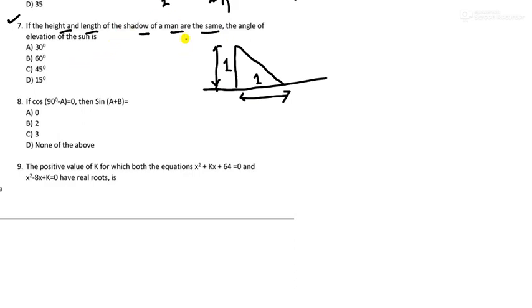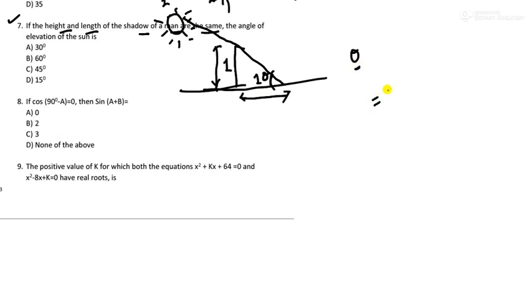So this angle you have to find, here theta. If the sun is somewhere over here, you have to find its angle, this angle theta. See why you have to take this? Because the sun is here. If you're looking at the sun, the angle formed by the horizontal and the sun is the angle of elevation. Therefore theta you have to find.